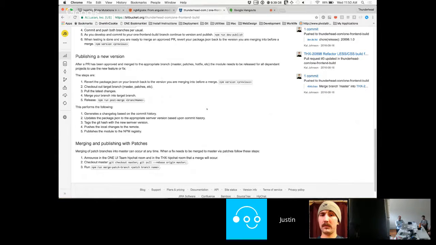So basically, if that's normal, you would make your fix on patches. You would then do your normal announcement that you're merging in patches or whatever. You'll rebase it, and then there's a command there. Basically, you're saying, I want to merge in my patch branch. We should only ever publish when our changes are on master. Otherwise, what happens if we do a publish? You can publish this version.